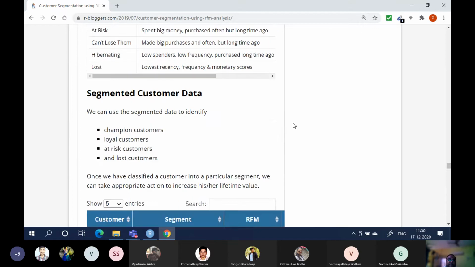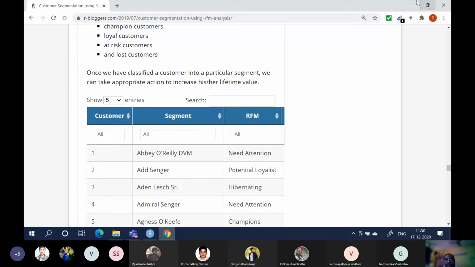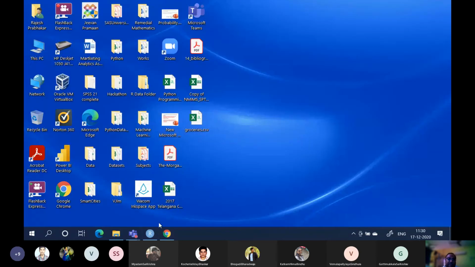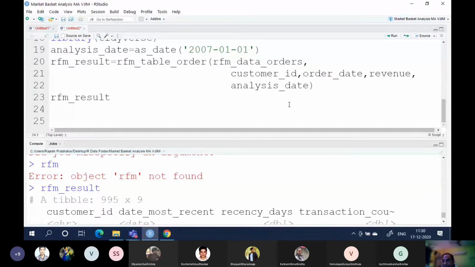So this is the segmentation table which they have created. Based on this, the RFM result is created. Okay, now we can do multiple plot analysis using this RFM.